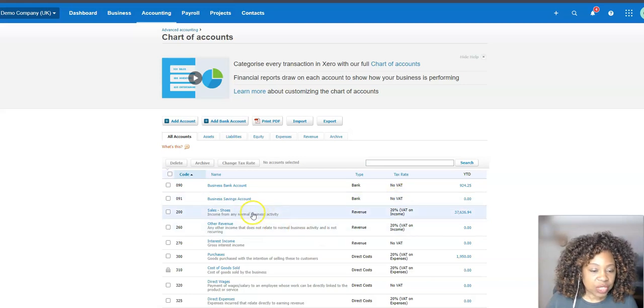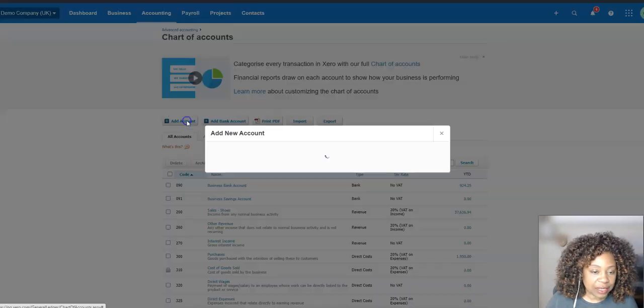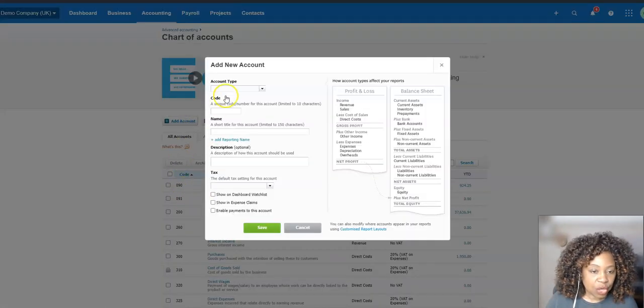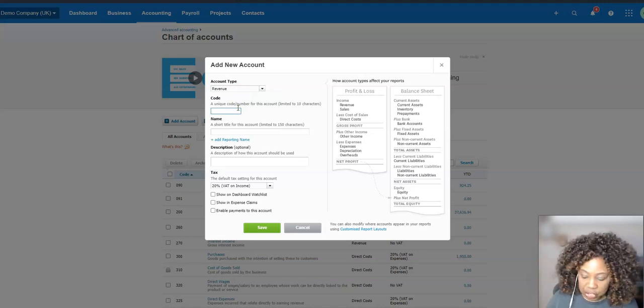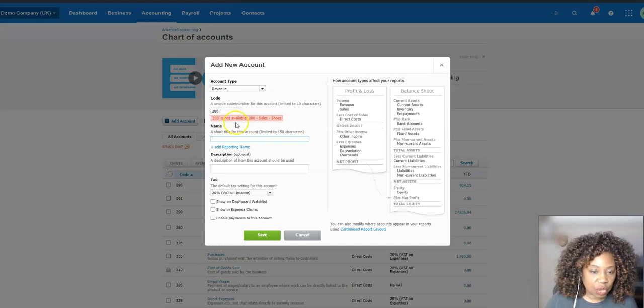So now I want to add another income stream, which will be handbags. So what I'm going to do is click add account. Now I know 200 is taken, but the account type is revenue, so pick the same account type. The code must be unique. So if I put 200 in there, you'll see it says it's not available. So if I put 201,